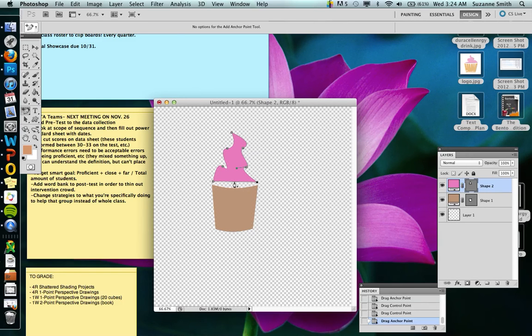I'm going to add another anchor point here because I want to mimic the curving of the cupcake liner. So I'm adding a point, dragging that point down. Voila. Now I want to do little ridges or lines going into my cupcake liner to show some depth and texture. So I'm going to go back into my pen tool,